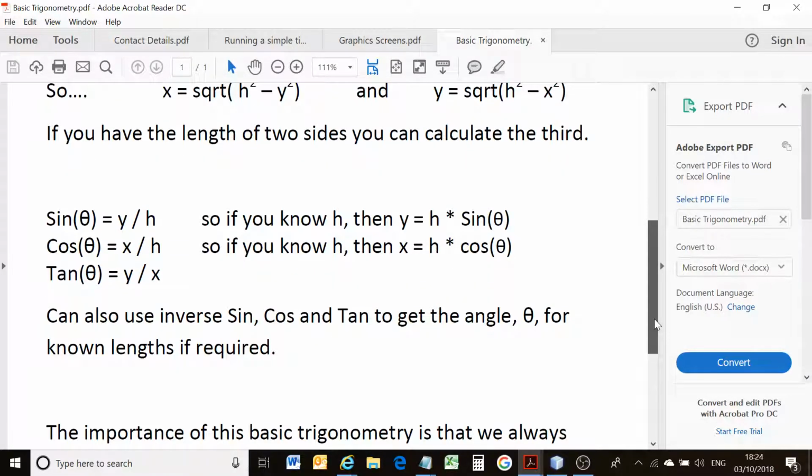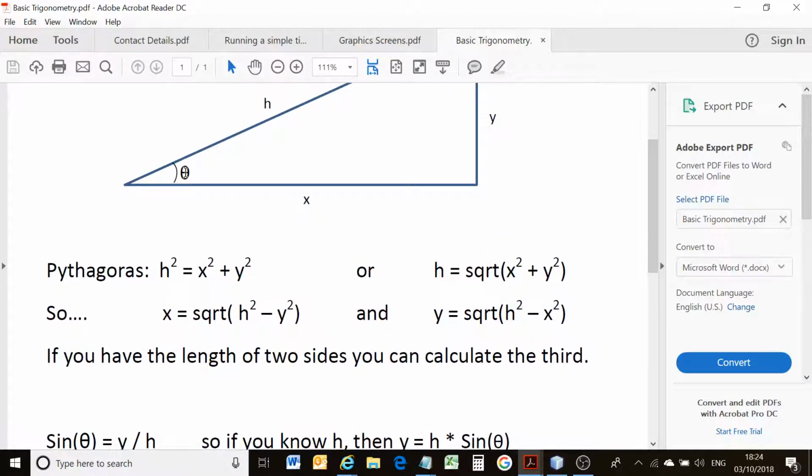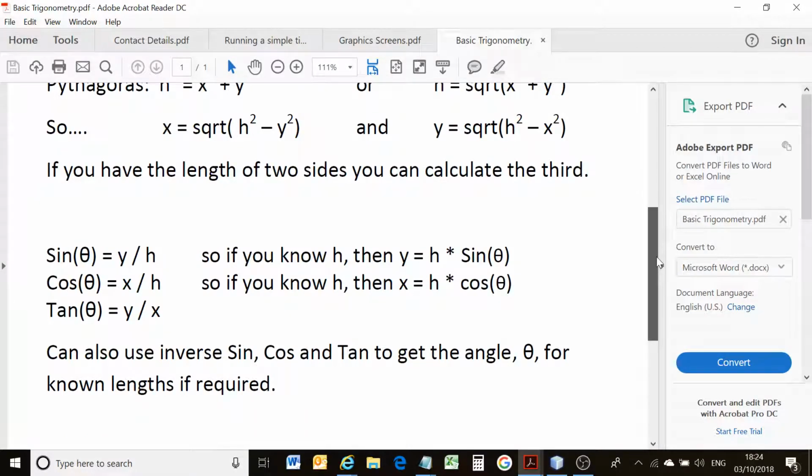The other one which you can use is sine, cos, and possibly tan. So the sine of an angle theta here is the opposite y over the hypotenuse h. The cosine of angle theta is the adjacent x over the hypotenuse h. So if you know those, and you can look up cosines, sines, etc. from their angles,